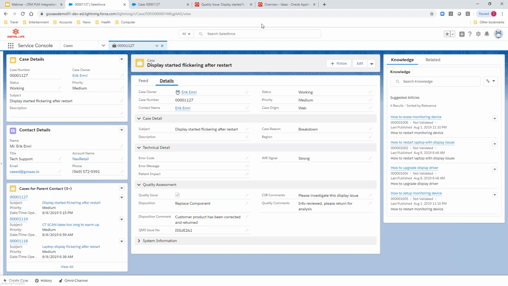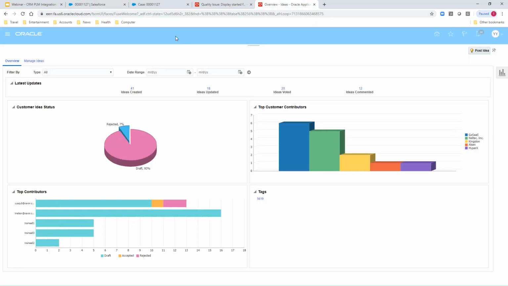Okay, and then to complete the process, again, if you remember the workflow, we've taken care of the customer, but we want to make sure the rest of the enterprise knows what's going on. So what I'm going to do, I'm coming back into the cloud. I'm coming into the management of the ideas, and I can see I've got infolets where I can come in and review a lot of the things that are going on. In this case, I just simply want to post a new idea to get it into the list,